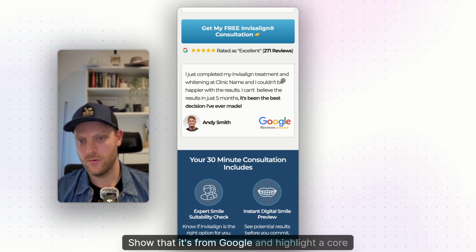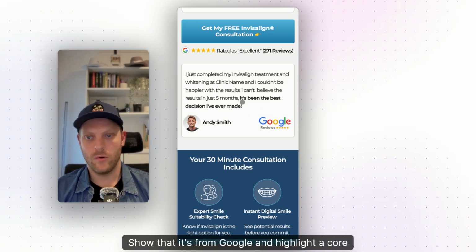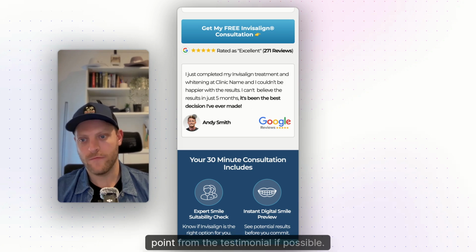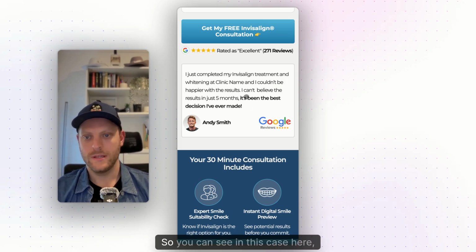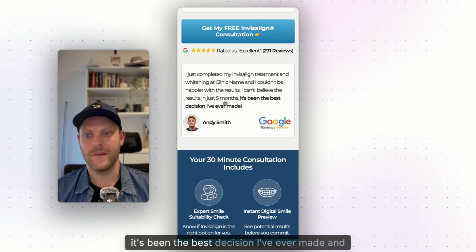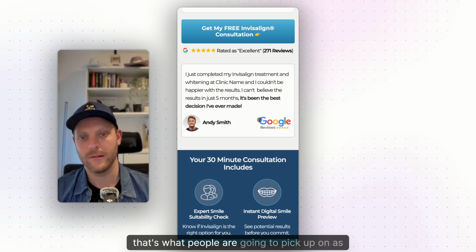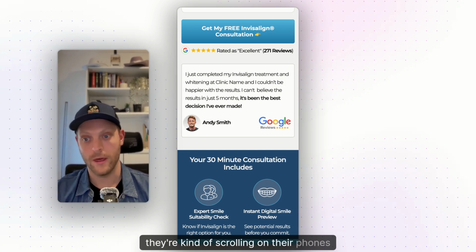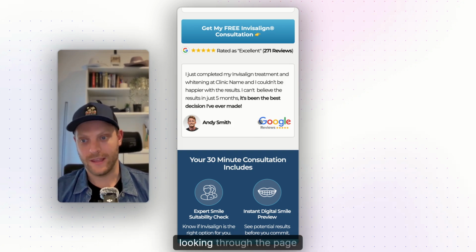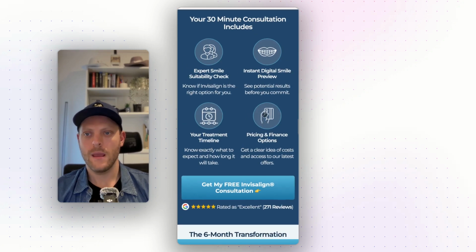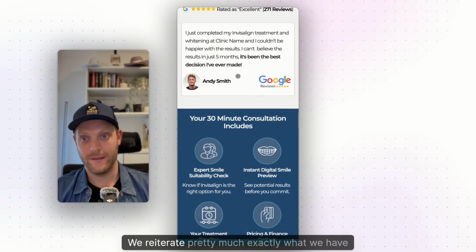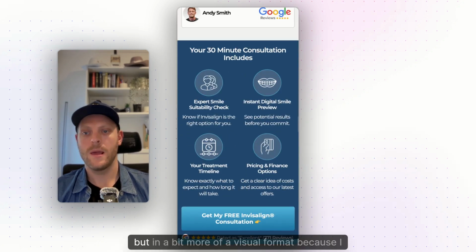Show that it's from Google and highlight a core benefit point from the testimonial if possible. So you can see in this case here, it's been the best decision I've ever made. And that's what people are going to pick up on as they're scrolling on their phones and looking through the page. Below that, we reiterate pretty much exactly what we have here, but in a bit more of